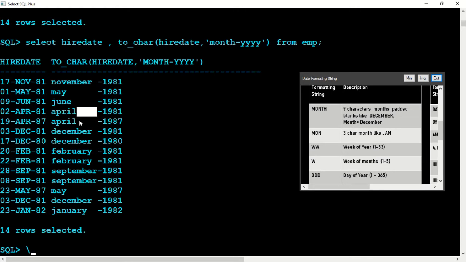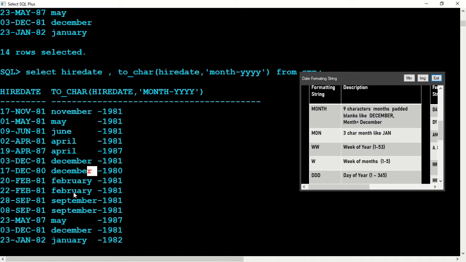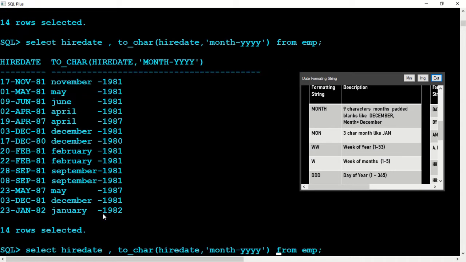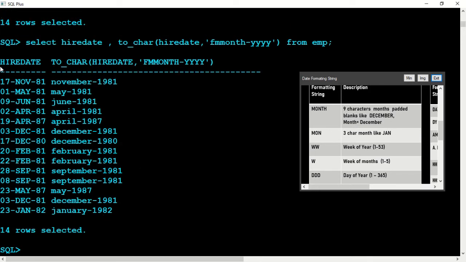Now it removes the gap: November 1981, May 1981, June 1981, April 1981, and so on.